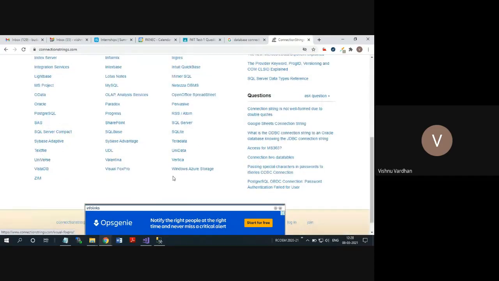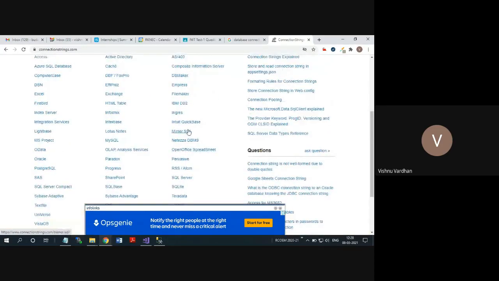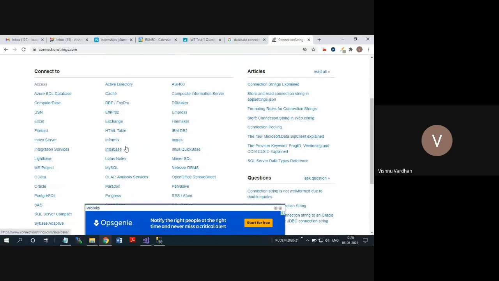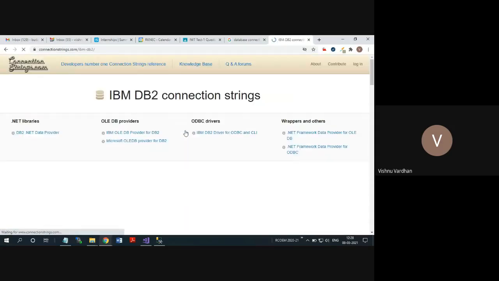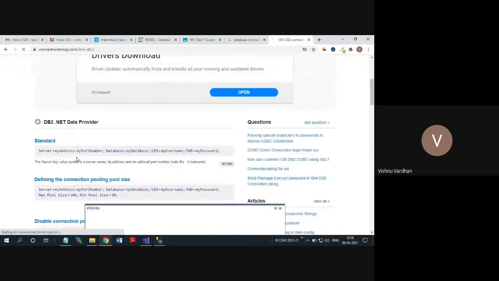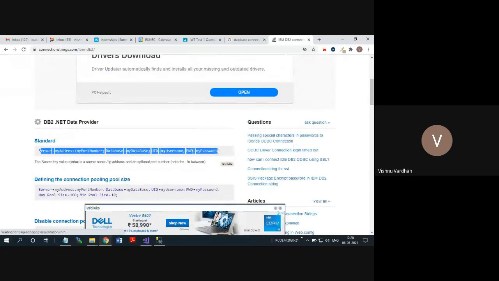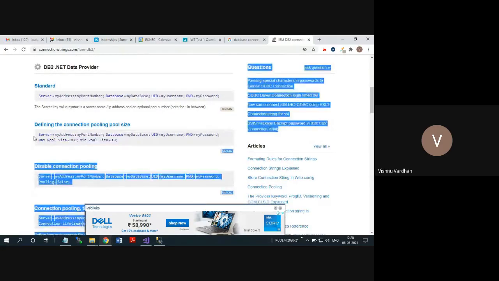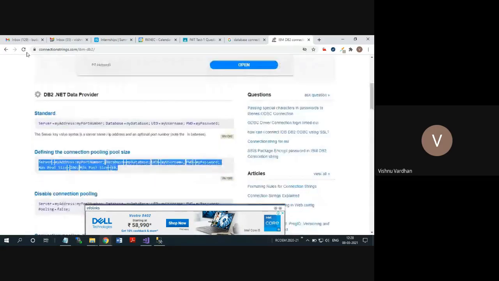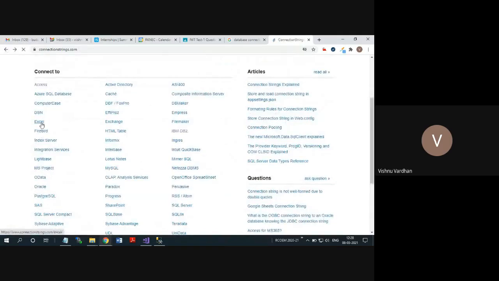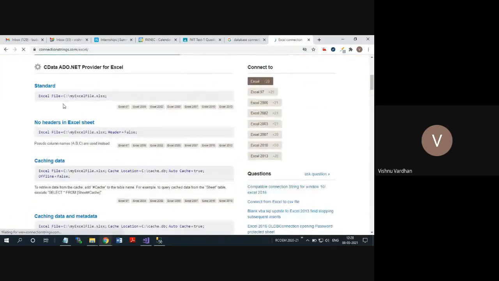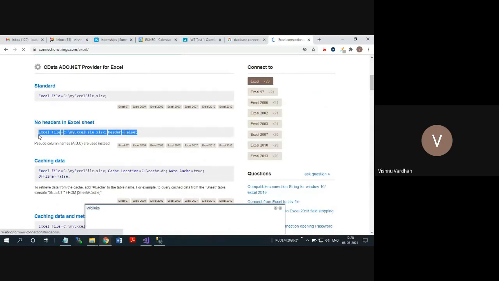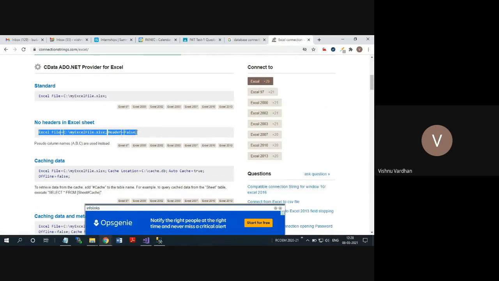Suppose you want to connect to IBM DB2, simply click on that and it will provide the connection string. Simply copy it, and wherever the username and password are, change those. Those are the simple changes you need to perform. Like in the case of Excel, if you click Excel, it will provide a different connection string, and you simply copy it.